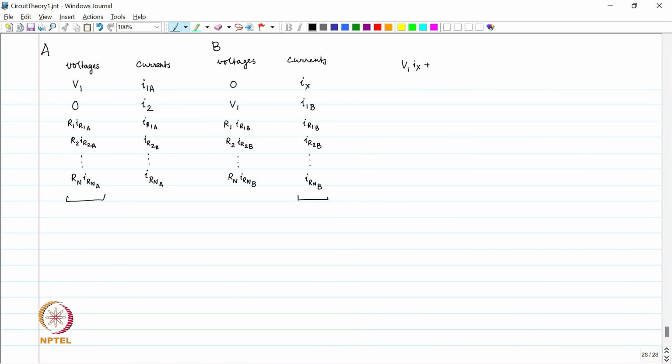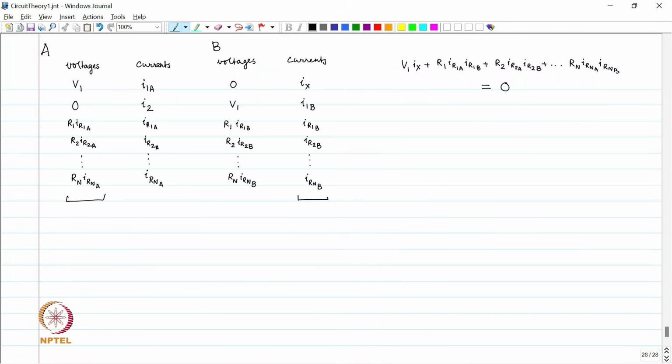V1 times Ix plus 0 times I1B plus R1 times IR1A times IR1B plus R2 times IR2A times IR2B plus dot dot dot plus Rn times IRNA times IRNB is equal to 0,